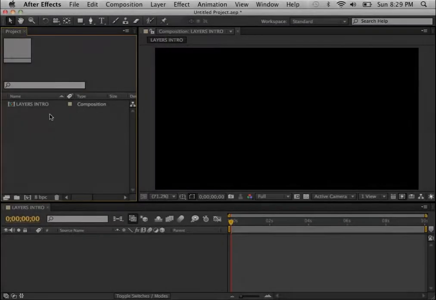We have made a composition, and now we're ready to get into layers. This first part is going to be just working with layers inside of After Effects, not importing anything yet. So we're going to be working with the layers